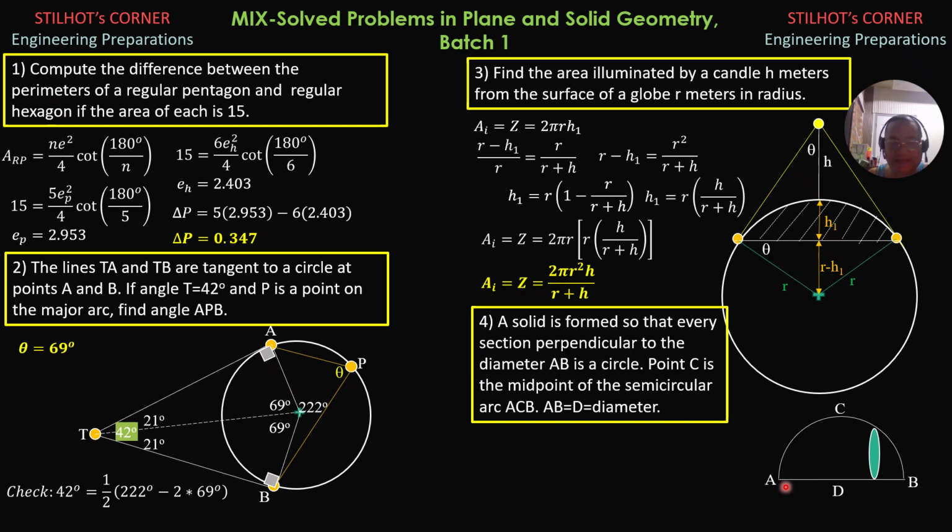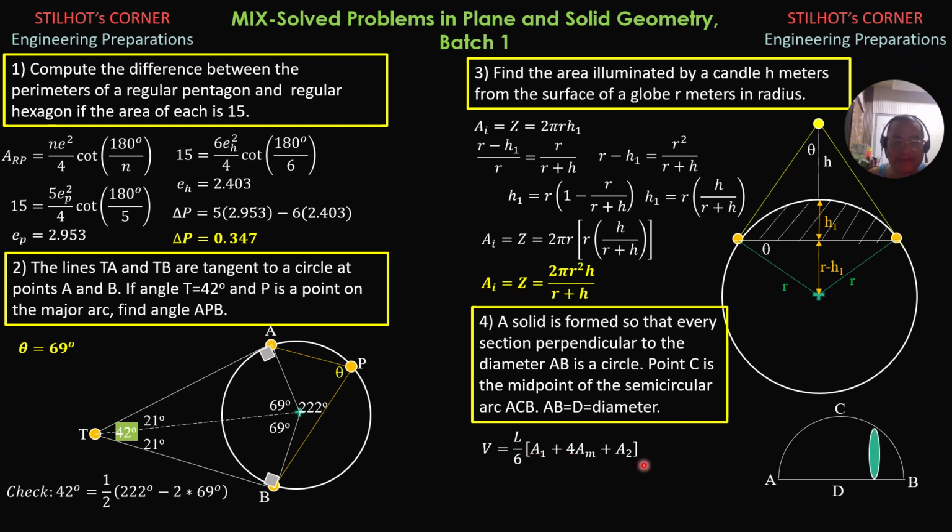The areas at end sections 1 and 2, because these are just points, would be zeros. The prismoidal formula for volume is L over 6, quantity area 1 plus 4 times area of midsection plus area 2. Take note that you should be able to memorize this easily because the weight of the first term is 1, the weight of the middle term is 4, and the weight of the last term is also 1. So it's just like 6 over 6, so average area times length. That's the volume in general.